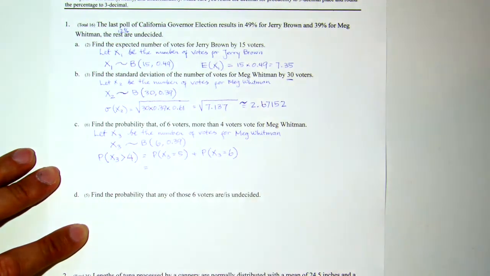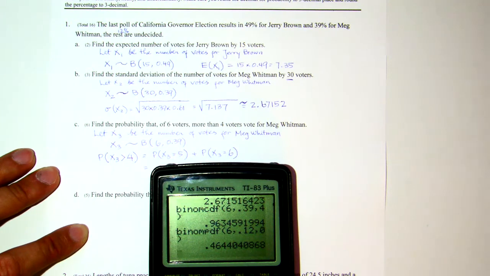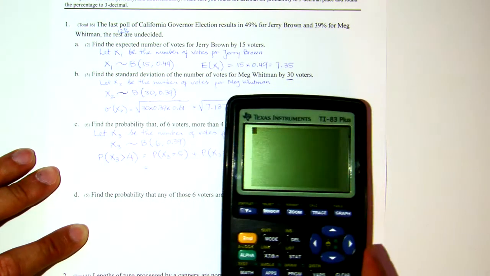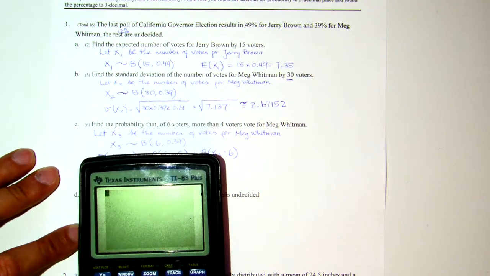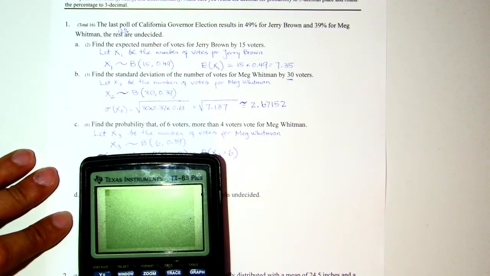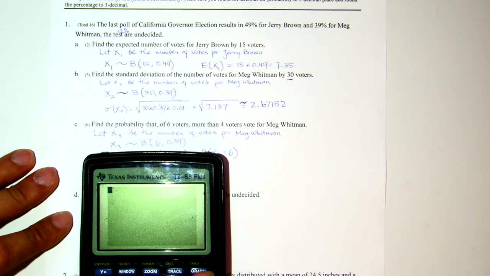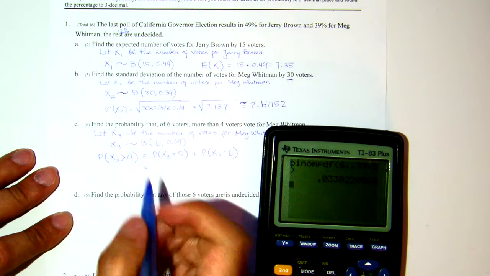Let me show you how to use a calculator here. Will this be a good view? Okay, I will go to distribution, binomial PDF. The number of trials is 6, the probability of success is 0.39, and I want 5 successes. The probability is